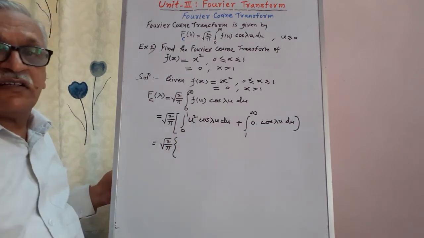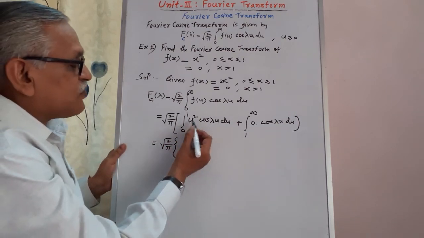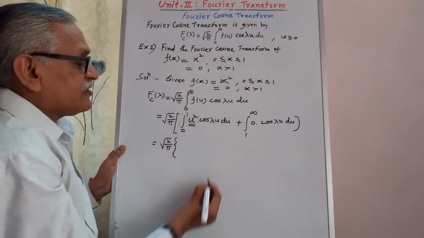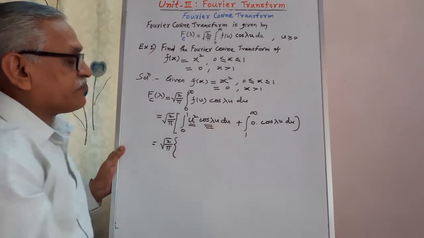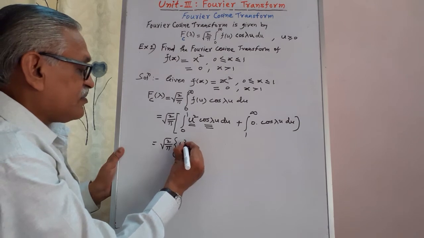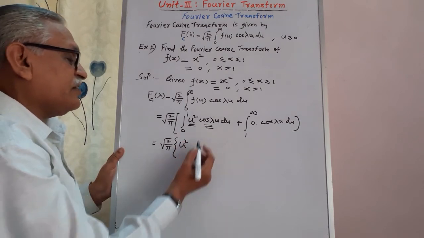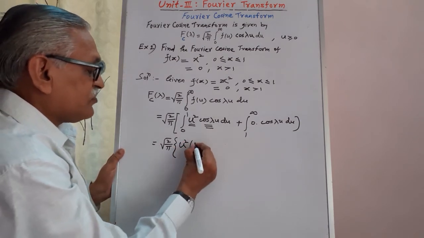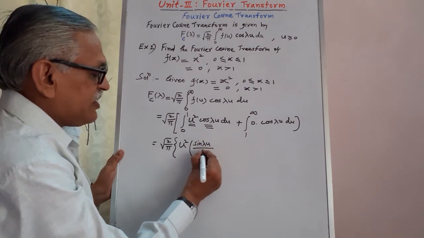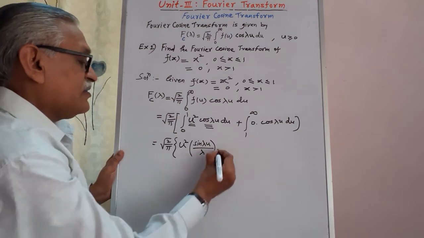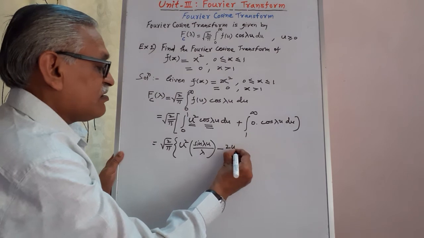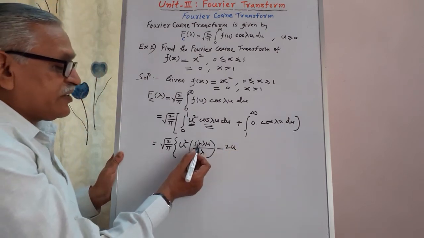Integrating this by generalized parts, as it is a product of two terms of u. The first one is algebraic, the second one is trigonometric. Therefore this must be the first term. Integration of the second, integration of cos is sin lambda u divided by lambda, then minus derivative of u square, 2u, integration of sine